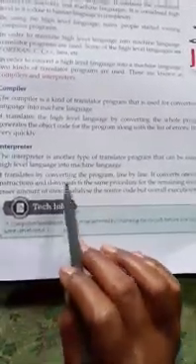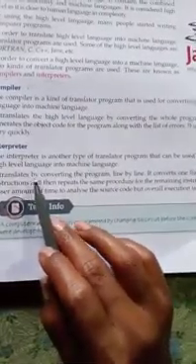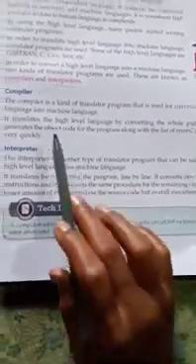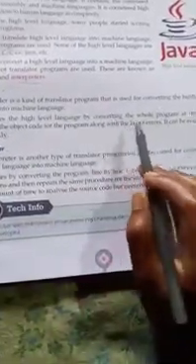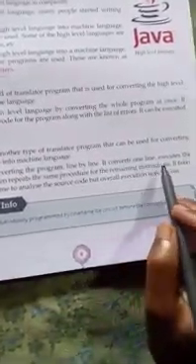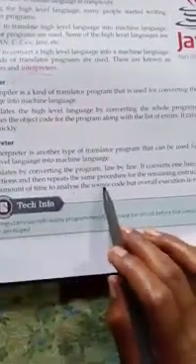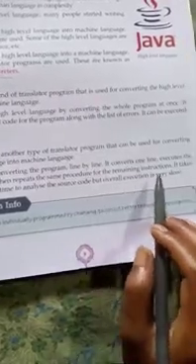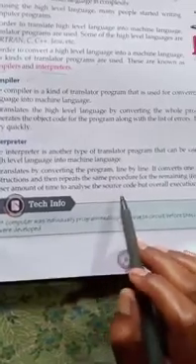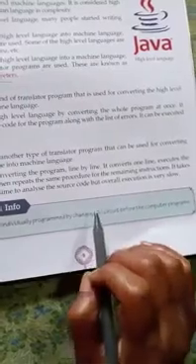It translates by converting the program line by line, but the compiler converts the whole program at once. It converts one line, executes the instruction, and then repeats the same procedure for the remaining instructions. It takes a lesser amount of time to analyze the source code, but overall execution is very slow.